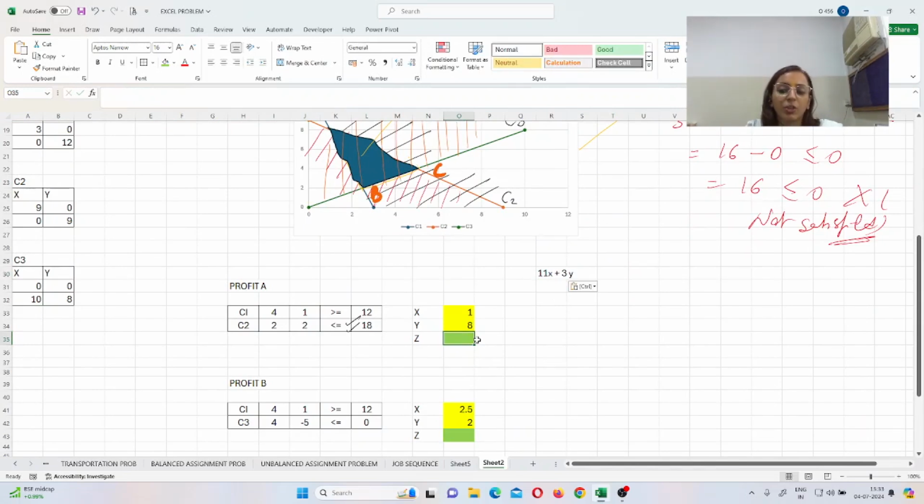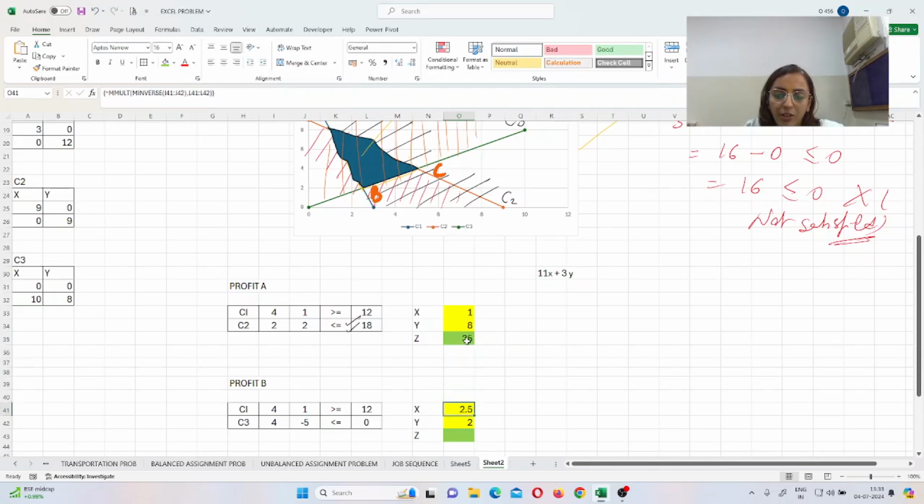In all the situations for the profit, A, B and C, you have to do this so that you are able to find out the different values of Z. And once you are able to find out the value of Z, you have to find out which one is giving you more profit, right? So over here, when we put the value, we get equals 11 into 1 plus 3 into 8. So 3 into 8, your answer is 35, right?